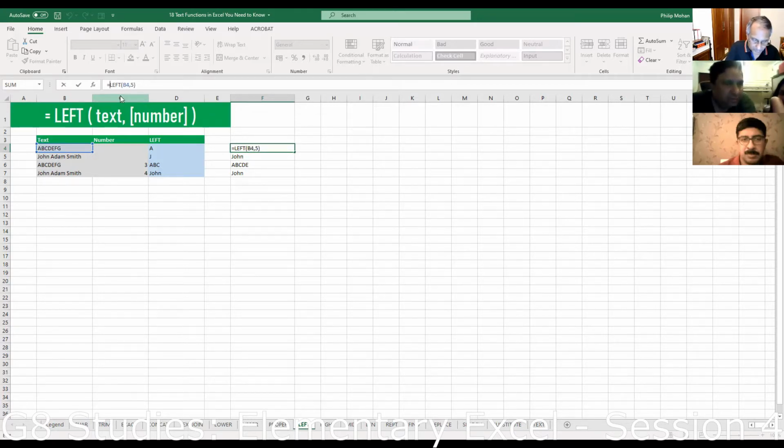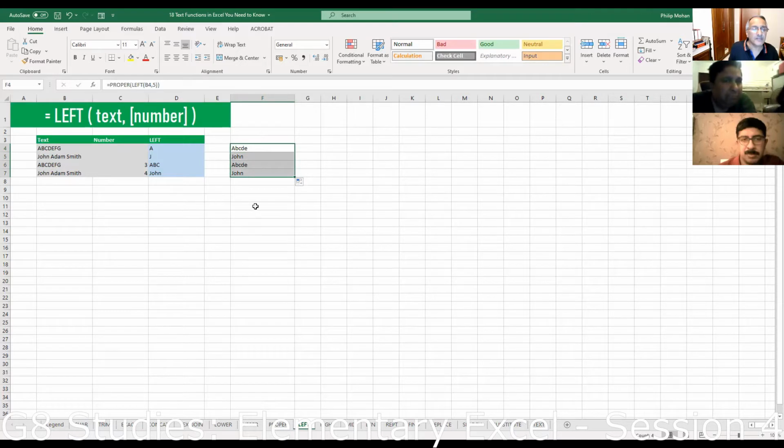So equals proper and then open a bracket and close bracket, because proper only needs the reference. It doesn't need any numbers or anything. There you go. So same thing, all of them get converted to proper. You can do upper if you want.